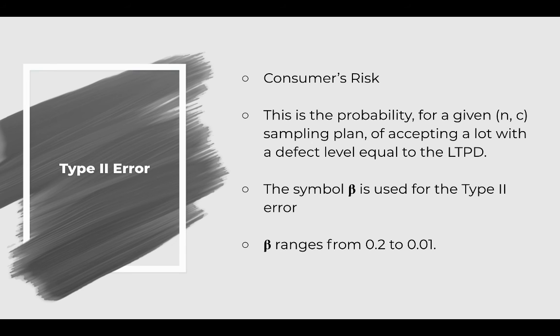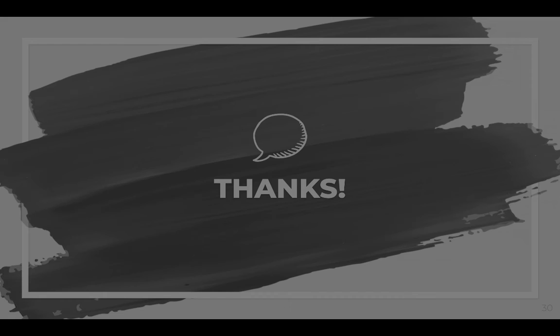And the type 2 error is also known as consumer's risk. This is the probability for a given n, c sampling plan of accepting a lot with the defect level equal to the LTPD. The consumer suffers when this occurs because a lot with unacceptable quality was accepted. The symbol beta is commonly used for type 2 error, and typical values range from 0.2 to 0.01. And this concludes our lecture on acceptance